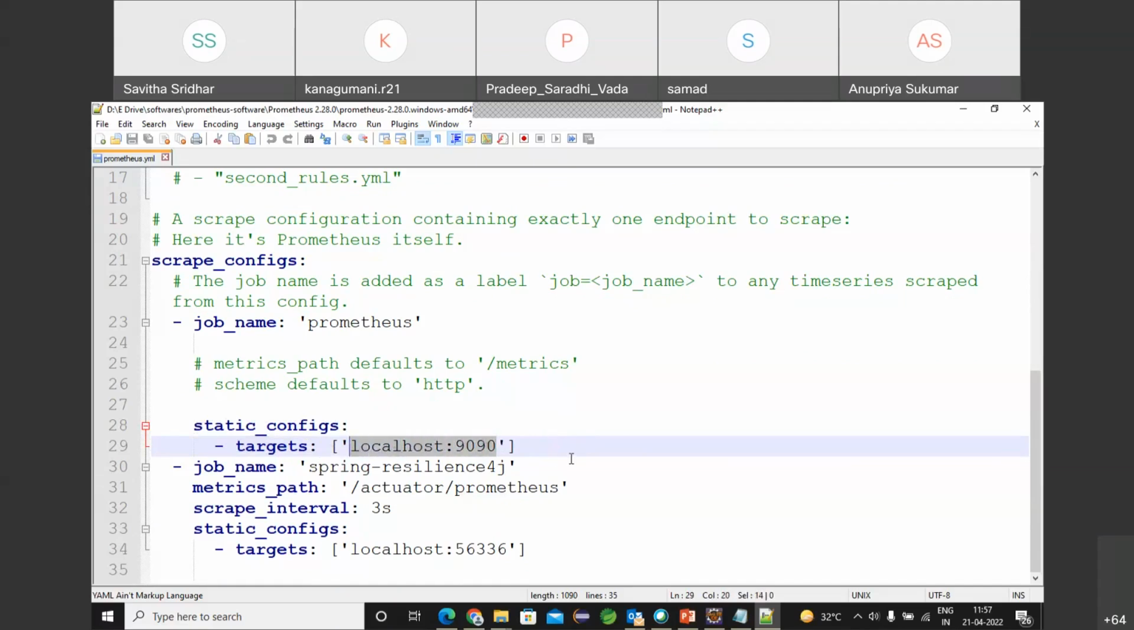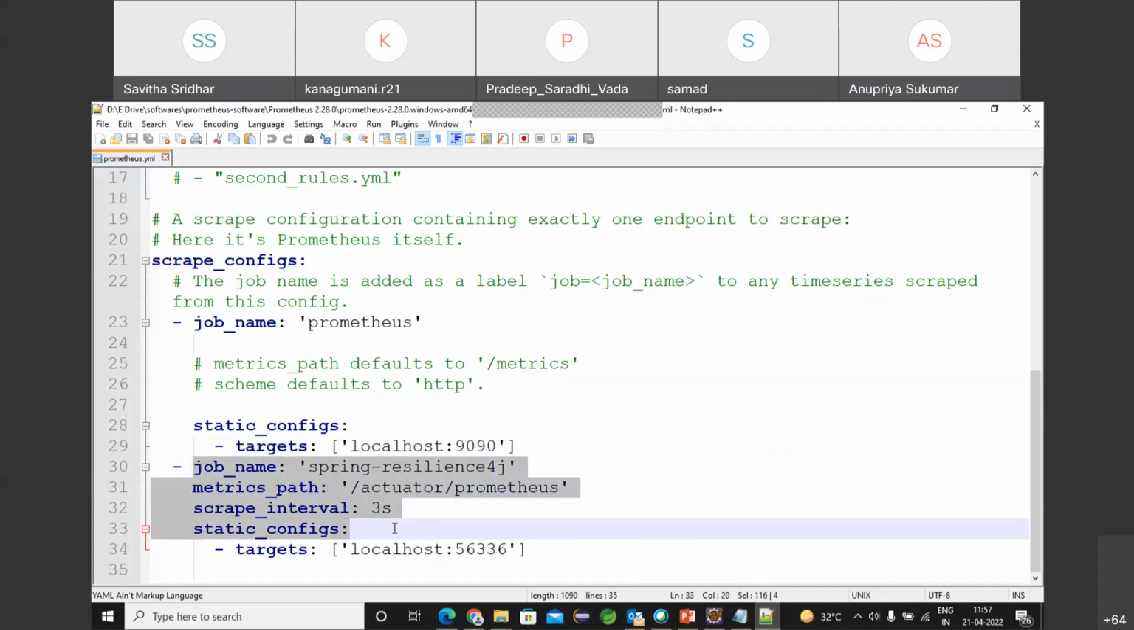9090. So this is the port number on which my Prometheus dashboard will run. And under that, you will have to specify the job name. In the job name, you can give any name to it. So I'm just giving the job name as Spring Resilience 4J. And under metrics_path, here I will give the path of the Prometheus endpoint, which is going to supply